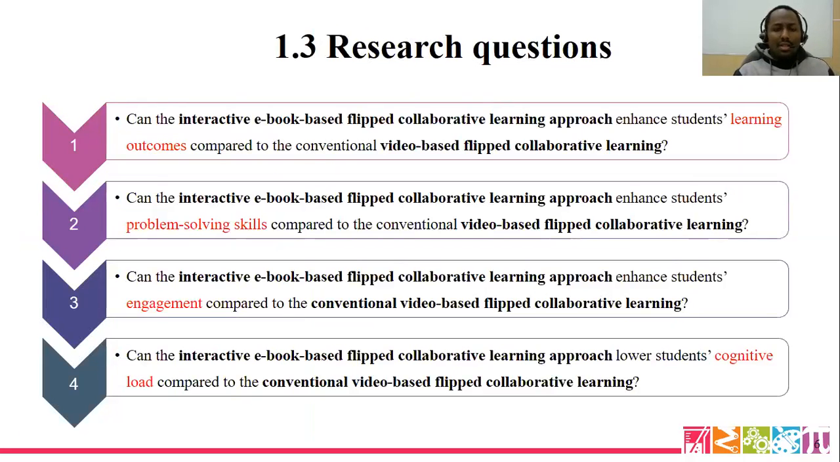So these are the rationale to conduct this study. We want to answer the following research questions. The first one is, can the interactive ebook-based flipped collaborative learning approach enhance students' learning outcomes compared to conventional video-based flipped collaborative learning? Second, can the interactive ebook-based flipped collaborative learning approach enhance students' problem-solving skills compared to the conventional